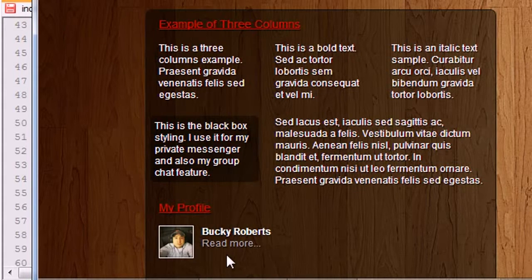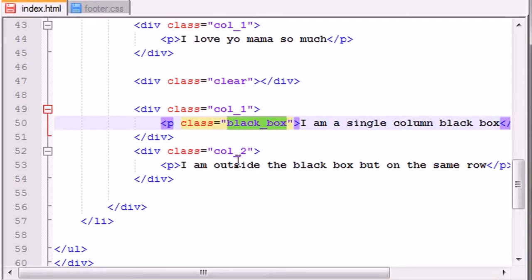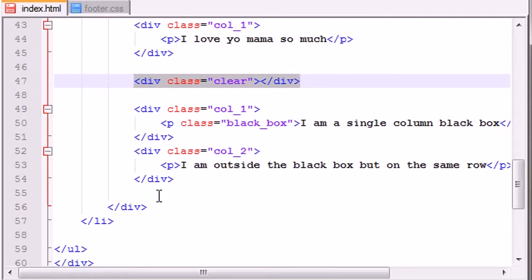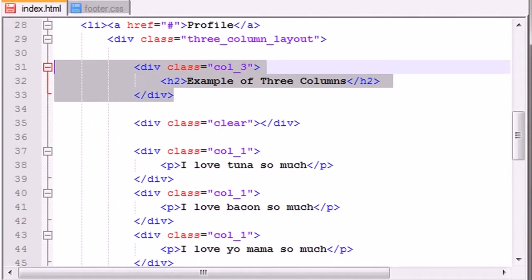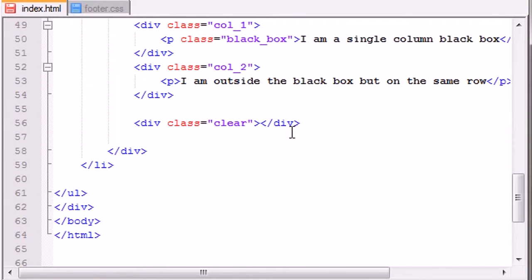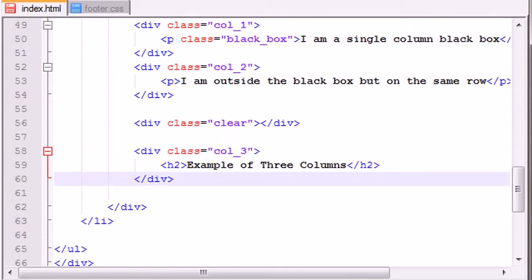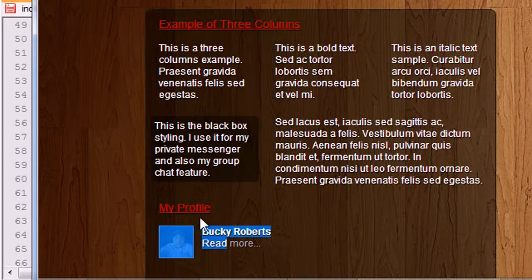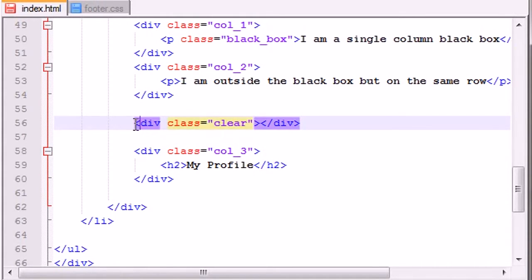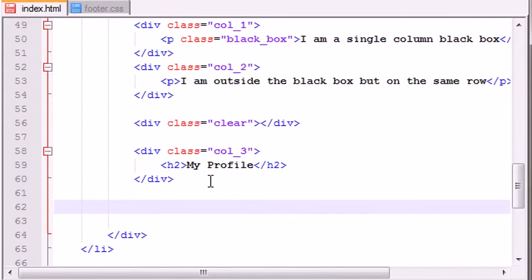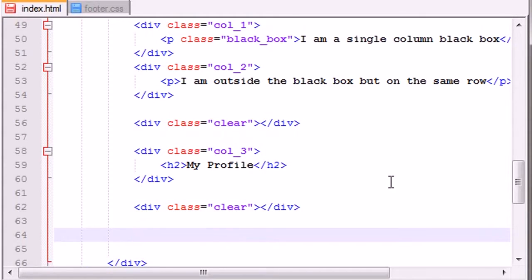This, which we already know how to create, and this image row. So again, since we're done with this row, let's go ahead and clear it to tell our browser, hey, we are working with a new row. Now we can just go ahead and add another heading. And what did this heading say? My profile. Alright. So this would say my profile, and now let's go ahead and clear that. You guys are probably getting the hang of this by now. So clear that, and the last thing we want to do is add another